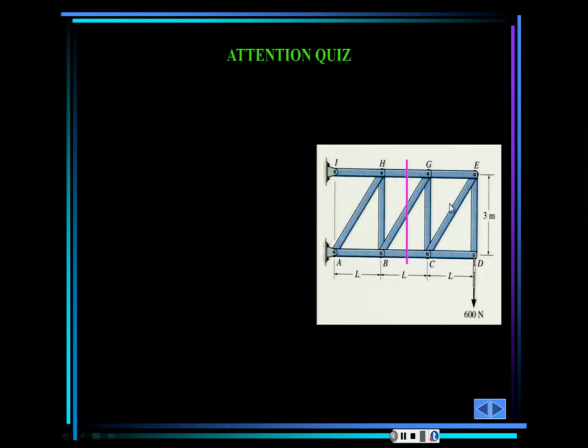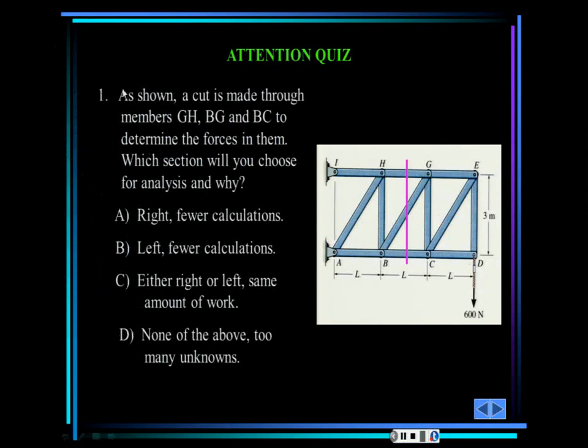Look at this. As shown, a cut is made through the members GH, BG, and BC. GH, GB, BC, and this is the cut. What part would you use? Well, this is basically the same example that we had before. If we use the left part,